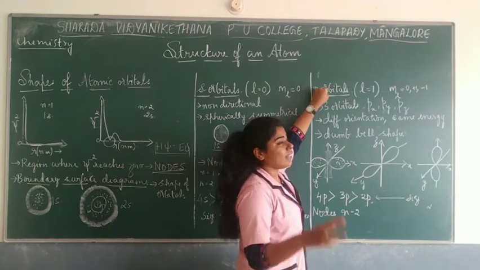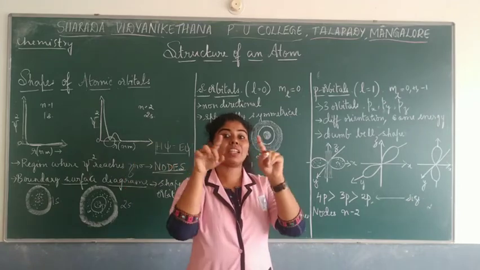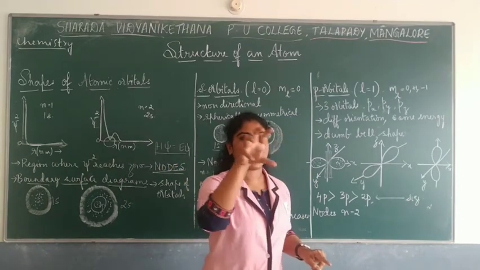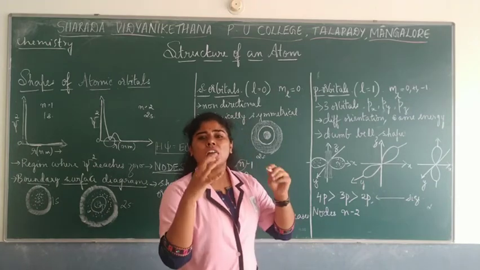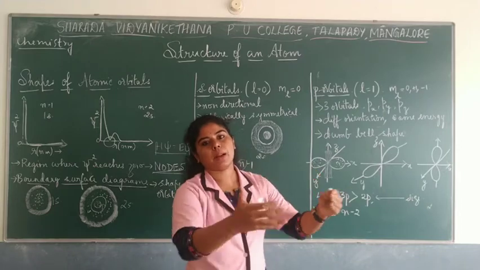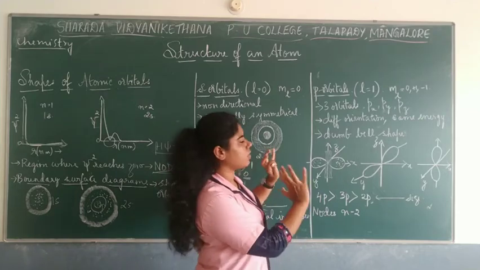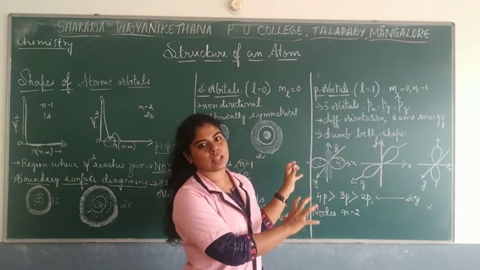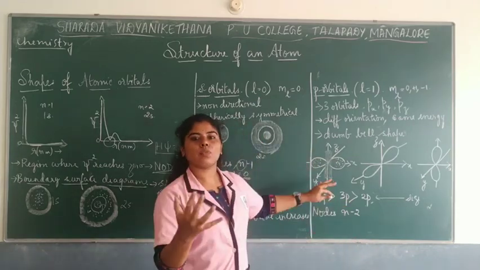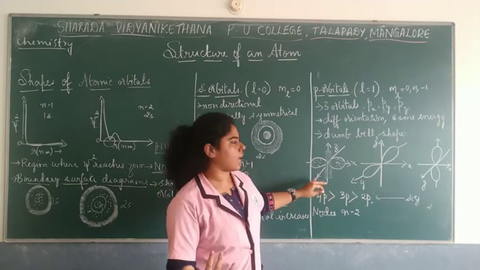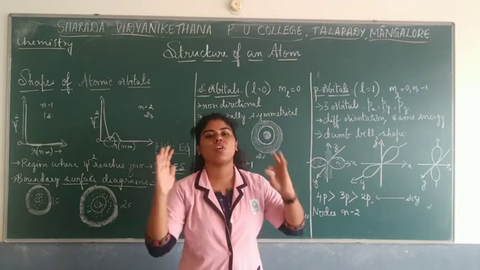So three orbitals are possible for p orbitals, correct? In p orbitals you have three boxes, remember. One will be px, py, pz. Now why are these given the names px, py, pz? It is not that they are present in that particular way, but in order to denote these diagrams or visualize these orbitals, we place them along different axes. One would be x, one would be y, and the other one would be z. So based on that, we have three different orbitals based on the orientation of these orbitals.